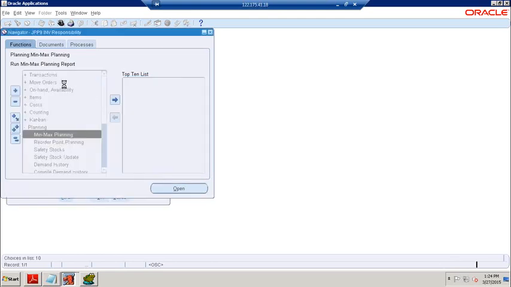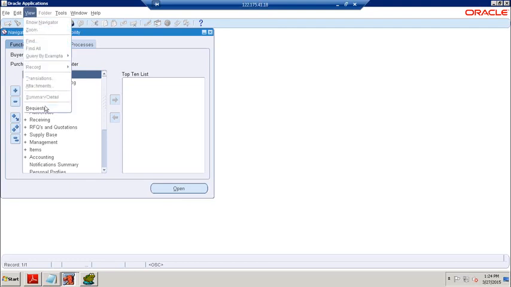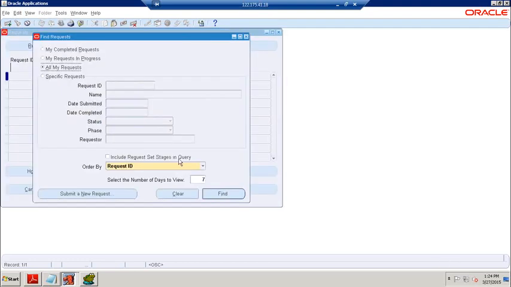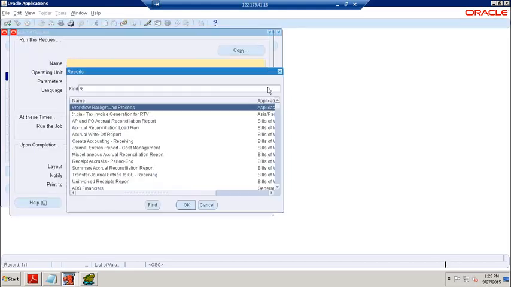The PO responsibility, and which program do we run? The requisition import program. The requisition import program is not available in these functions. We can go to view requests, but the planning report is available in functions. This report program is not available, so we are going to run it directly from the SRS window.